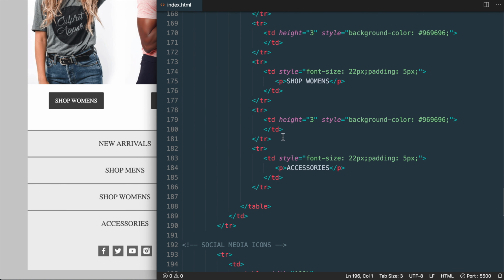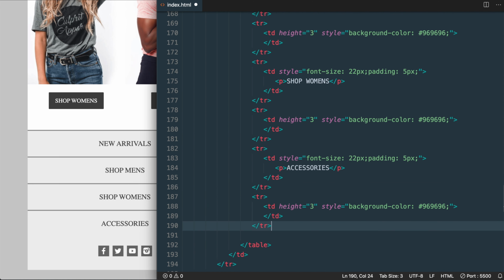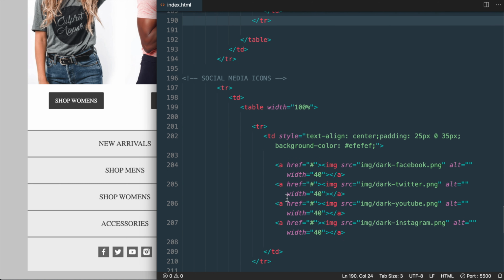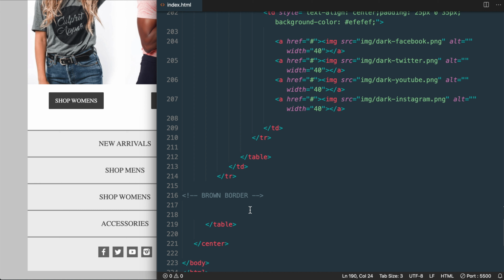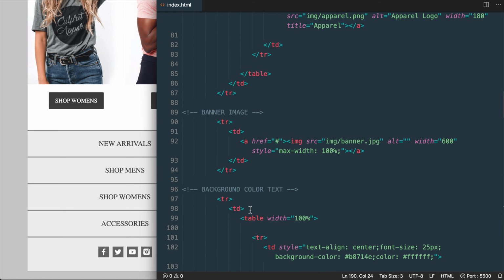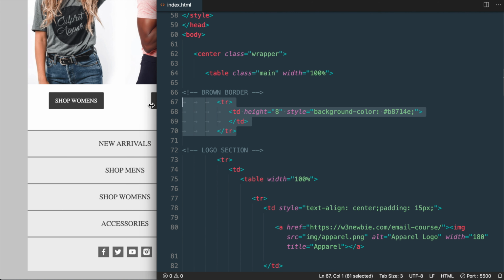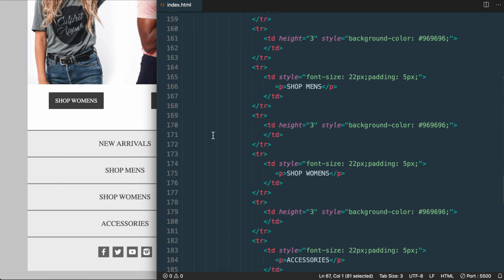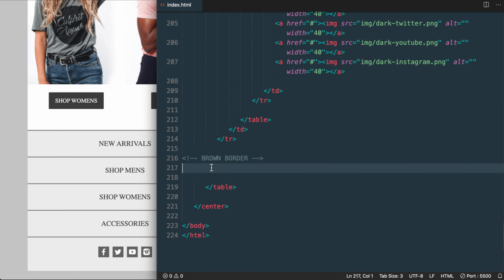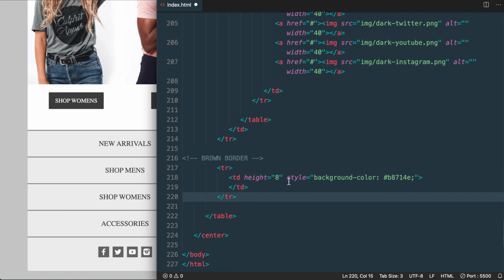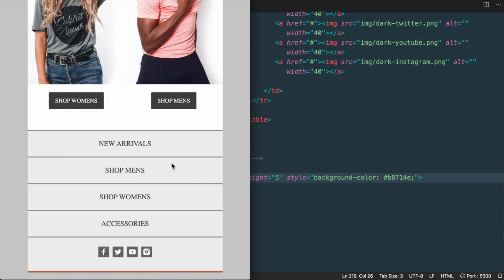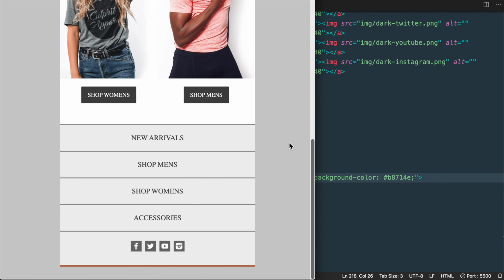So I'm going to copy one of these border table rows and just add it underneath the accessories table row. And now with that, we're ready to add the last bit of HTML for the brown border. So once again, I'm going to copy that brown border that we added at the very top of the template. And then all we'll need to change is the height of it. So I'll paste it in and change the height from 8 pixels to 5. Okay, so now once it's saved with the addition of the brown border at the bottom, that completes the entire